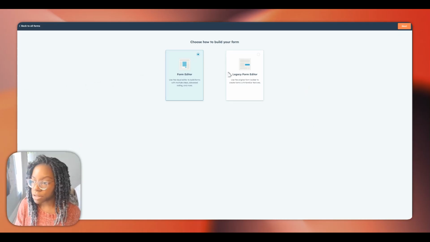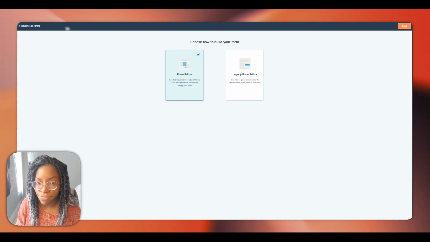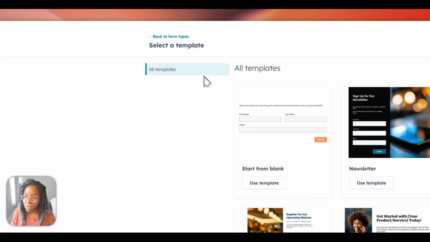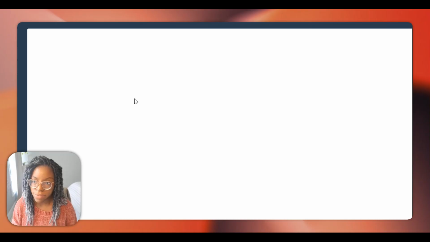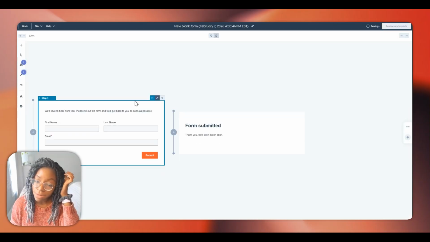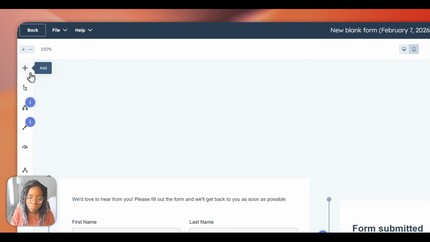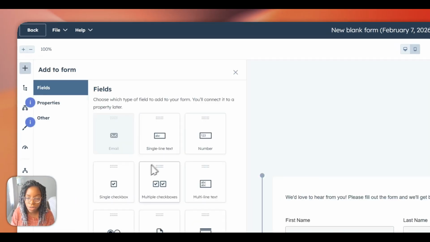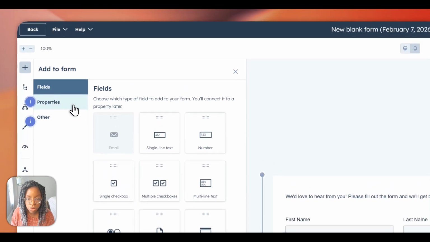Okay, I'm in the form editor now. I'm going to try the new form editor. To me, they're all the same. Start from blank. I don't know any actual features that have been dropped from the old form editor that the new one offers. And given my plan in HubSpot, like I'm not paying for enterprise, there's very little value created here. One thing that I do want to